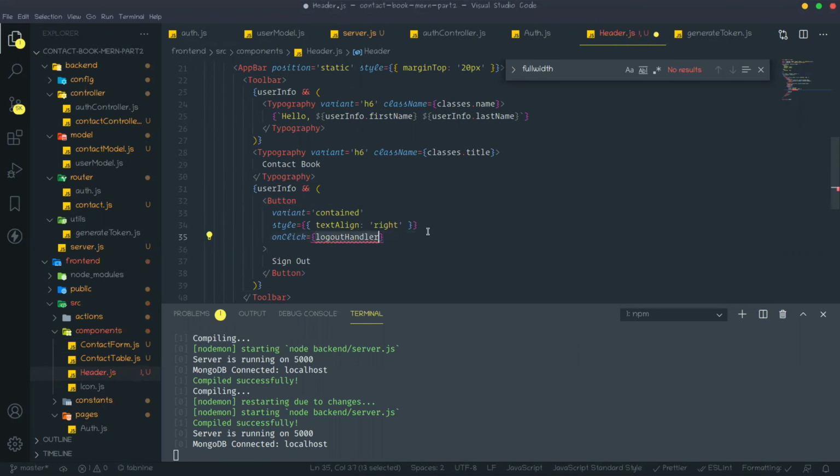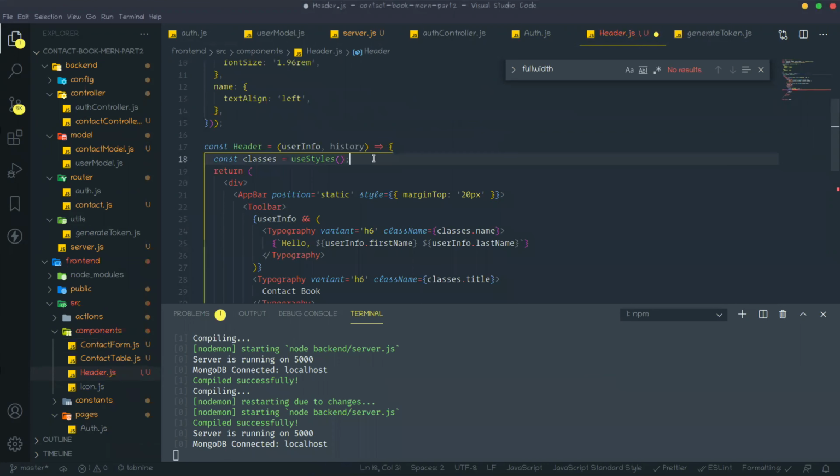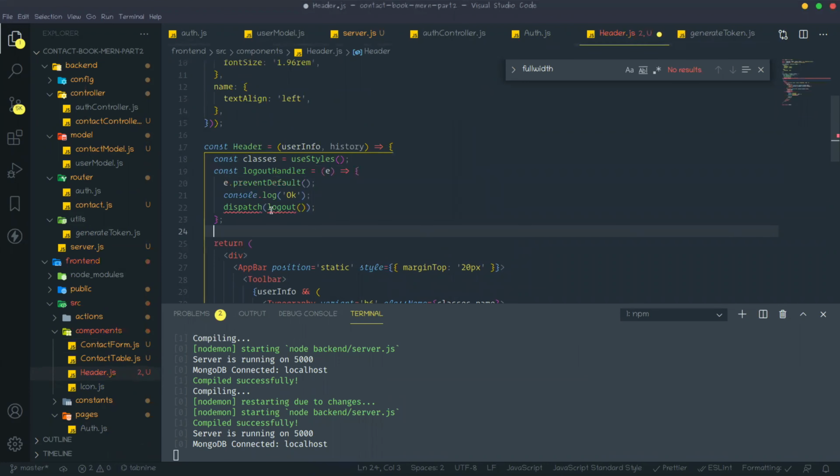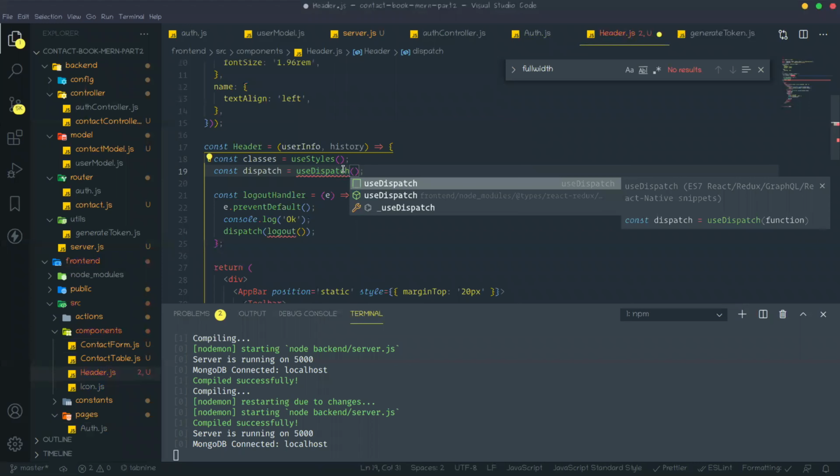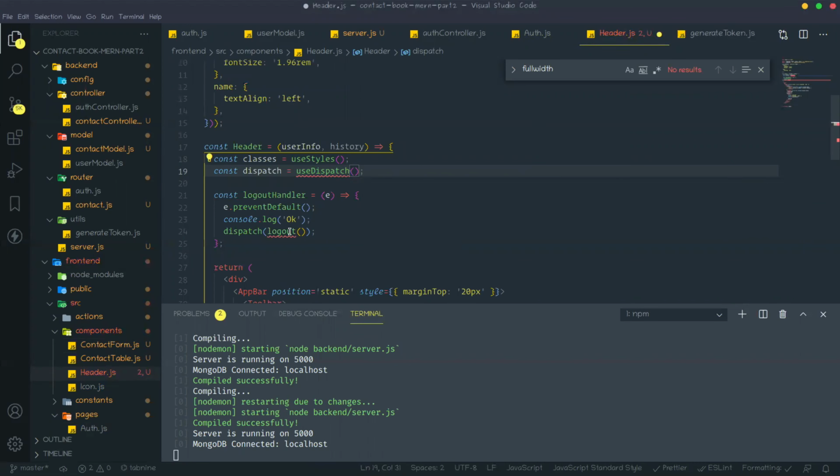So we need to create this handler. Nothing much, we just need to dispatch the logout function over there. Another is logout.